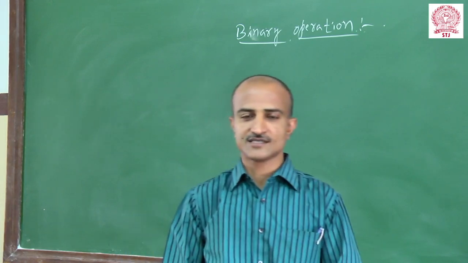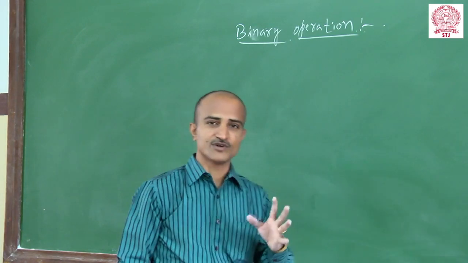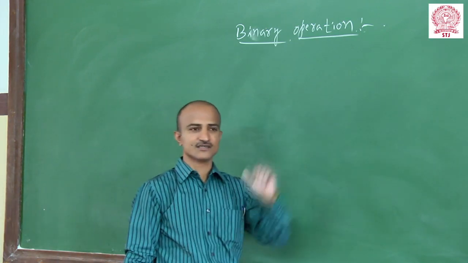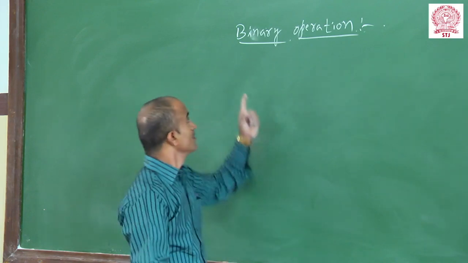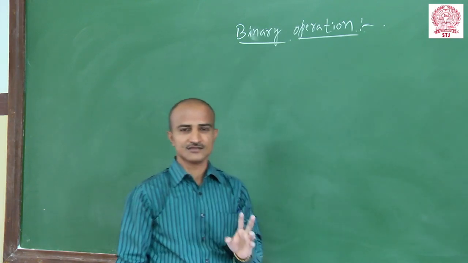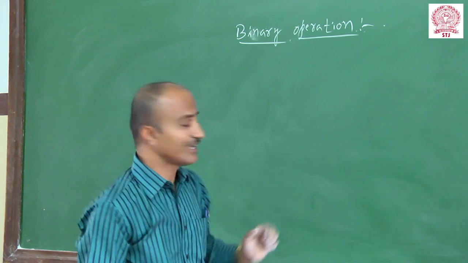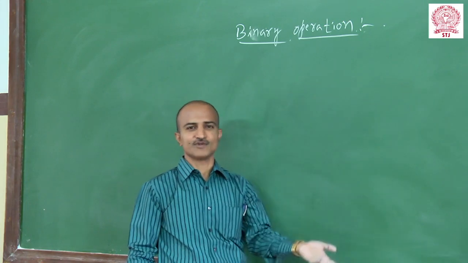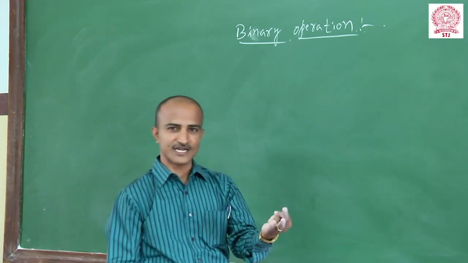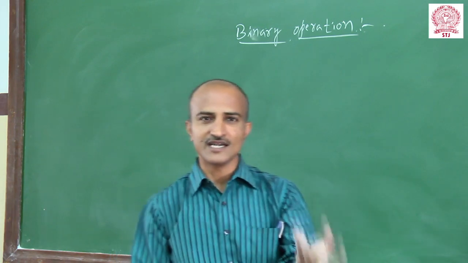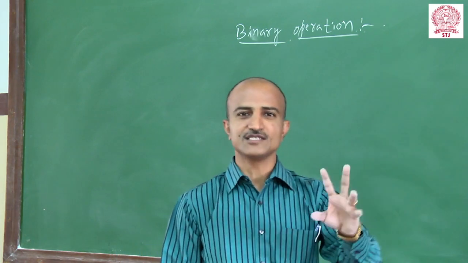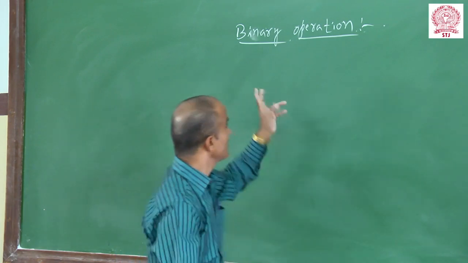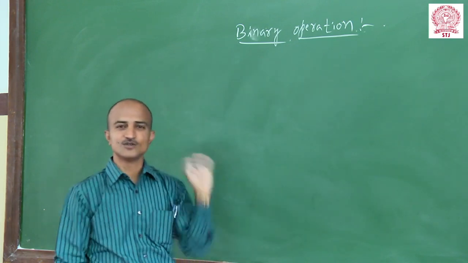Now we will move on to the next concept, very important for 2 marks and even for CET, one mark. It's one question for CET. Binary operation. In the term you observe clearly binary means 2, and operation, mathematical operation: addition, subtraction, multiplication and division, where 2 elements are associating. So binary operation is an operation over 2 elements.